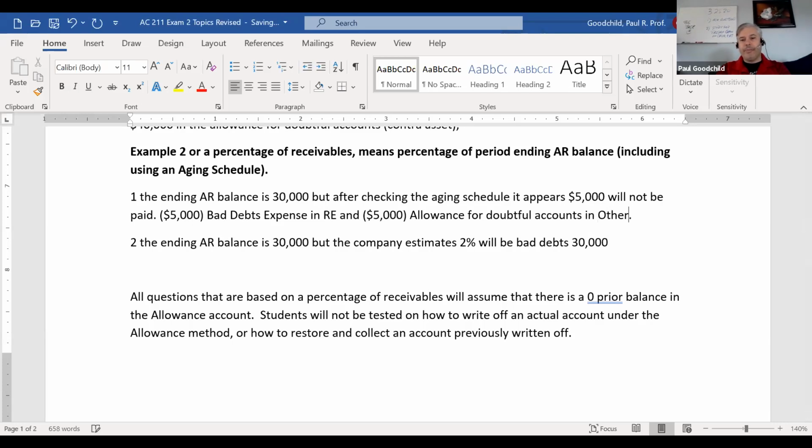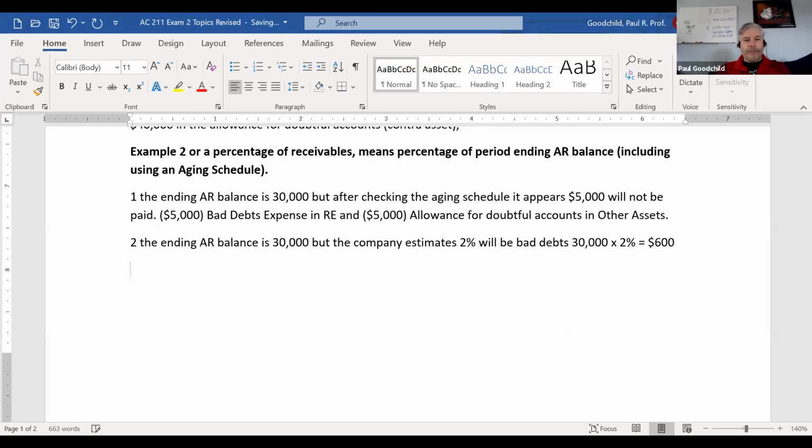Usually we have other assets, but if you have AR, there you have AR. And so 30,000 times 2%. I think that's 600. So you'd have $600 bad debts expense and retained earnings, and